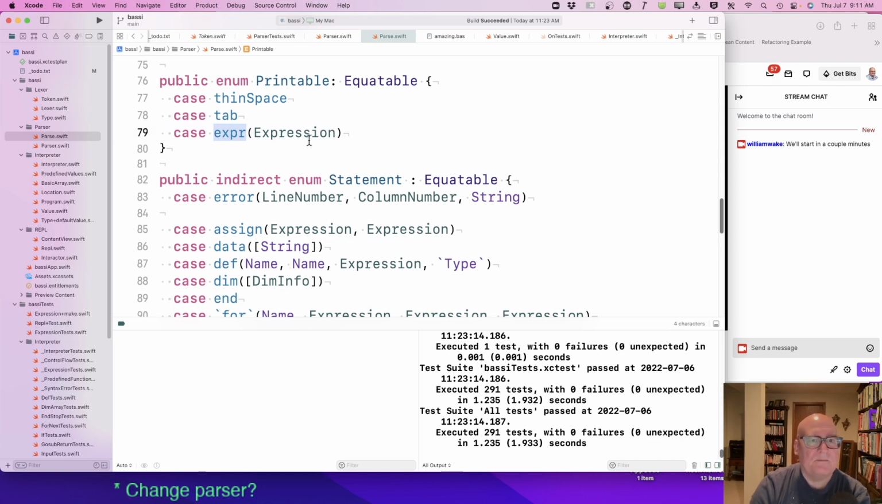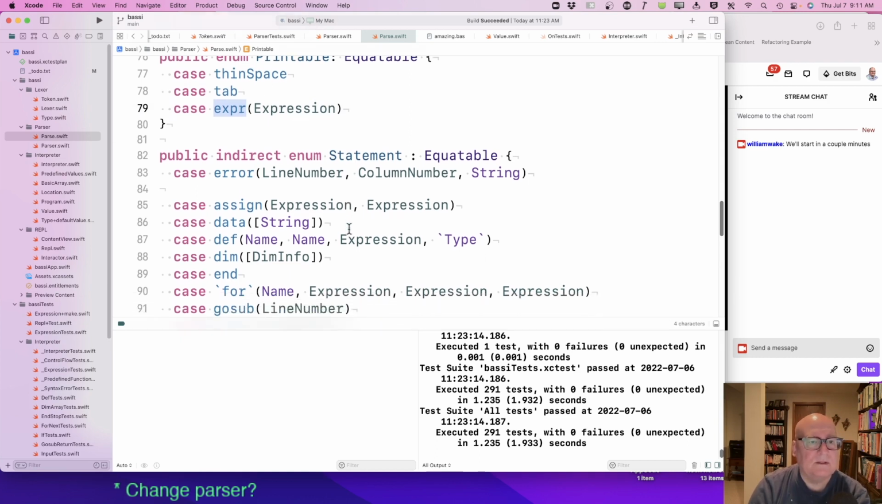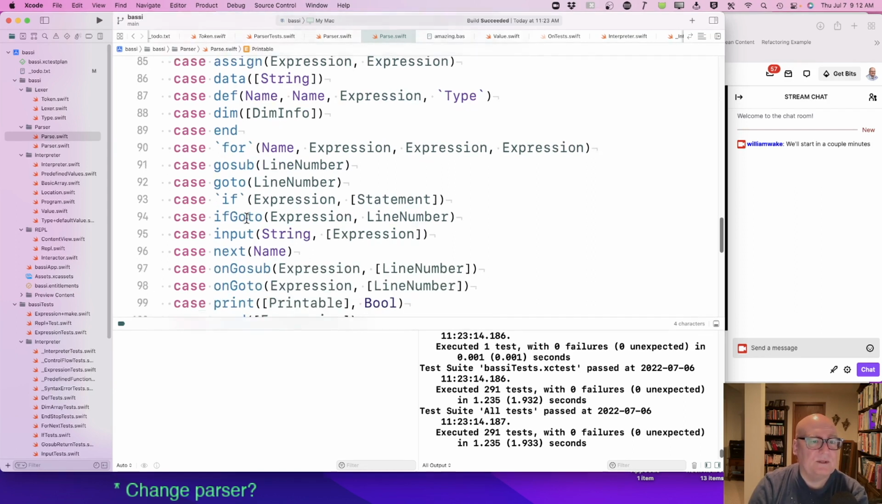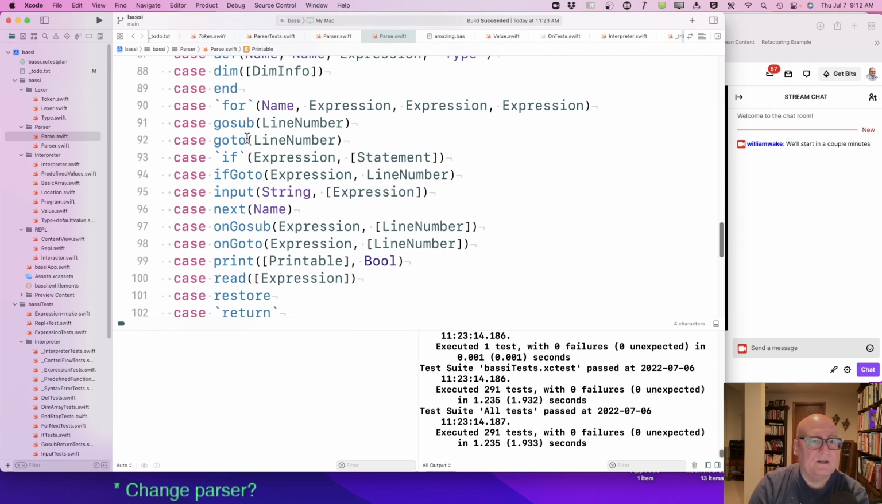So the thing you build up to print could be any of these. All right. And then finally we get to statement, and this corresponds to just the normal basic statements. There's assign, which is let, x equals 3 plus 2. There's data statements. We just did those this week. There's user-defined functions, dimensioning arrays, end statement, a for, down here's a next, go sub, down here's return, go to